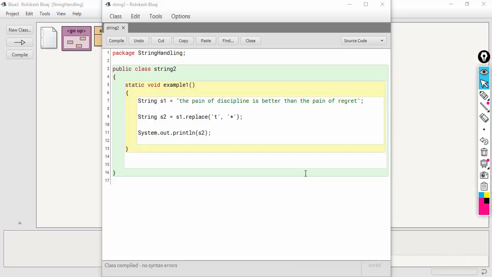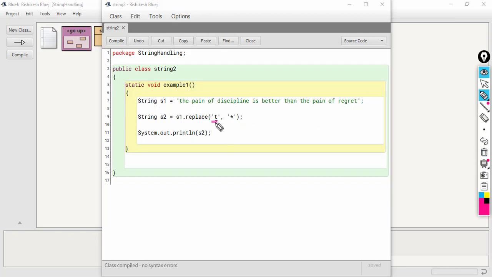So here is the example, friends. In string S1 I have got this string: the pain of discipline is better than the pain of regret. Now I am calling the replace function using the S1 object, and I am passing the first parameter as character T and the second parameter as character asterisk. So what will happen here?